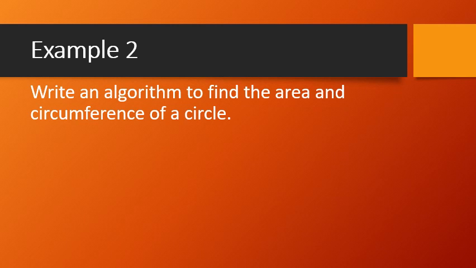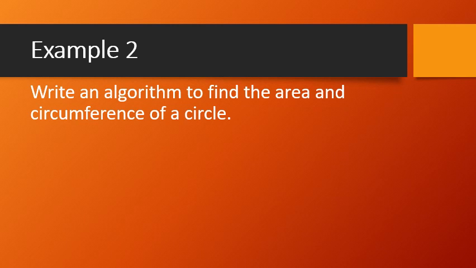If I get the radius, then what calculations do I have to perform? In order to calculate area, I know the formula. Area is equal to pi r square, where the value of pi is going to be 3.14 or 3.142, whatever value we choose. And for the circumference of a circle, the formula is 2 pi r. So I know the calculations part. The only thing required is the input, the radius.